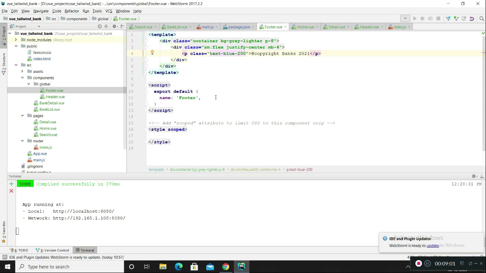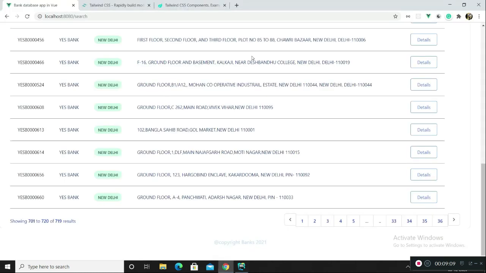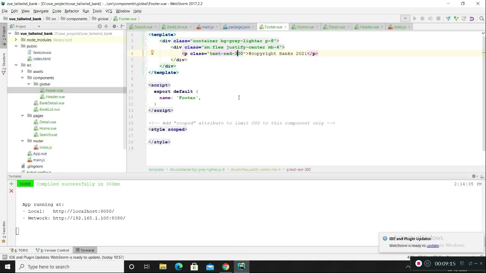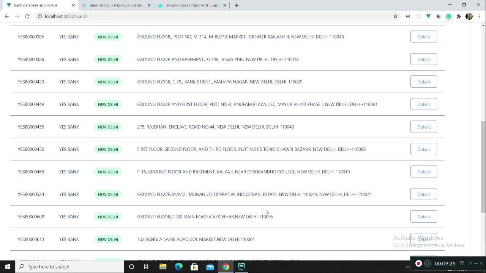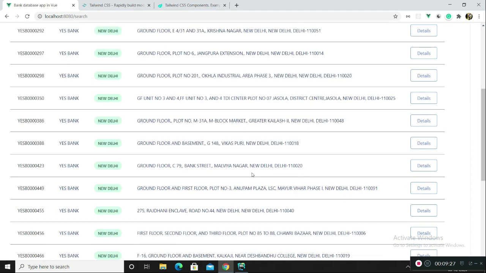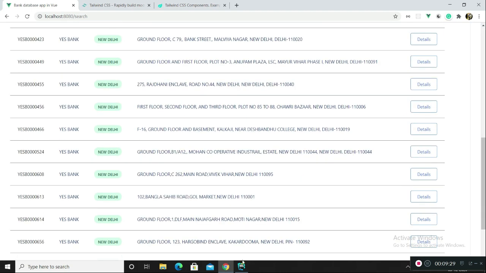If I want to change it to light red, for example, I can use this class, text-red-300, and now the color is changed. And if I want to make it darker, I can increase the value here, and now it's the darker side of red, if that makes sense. Okay, so that was just a simple example.